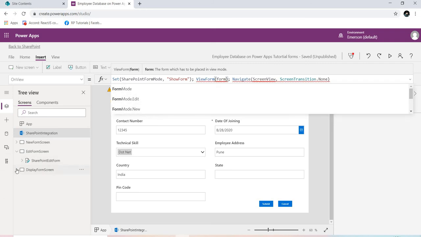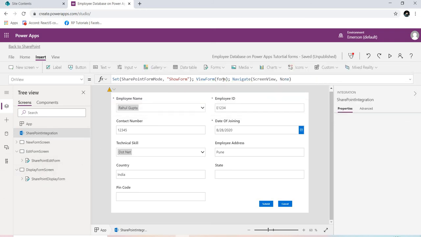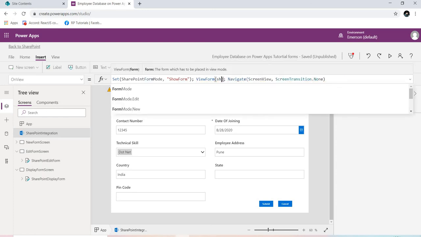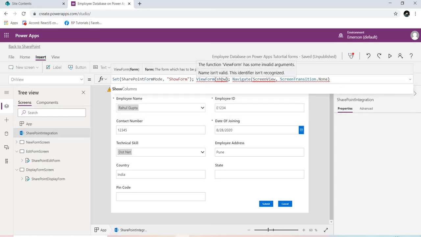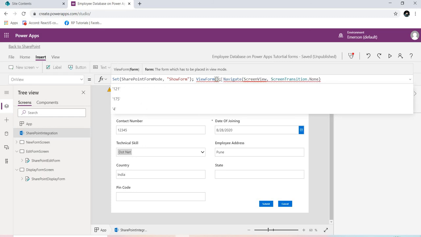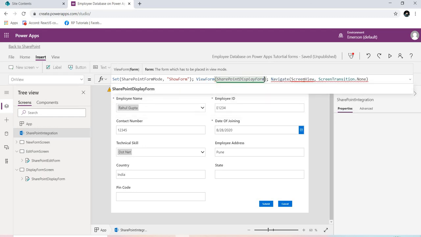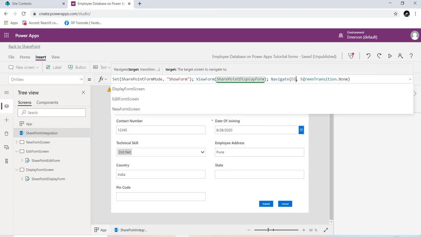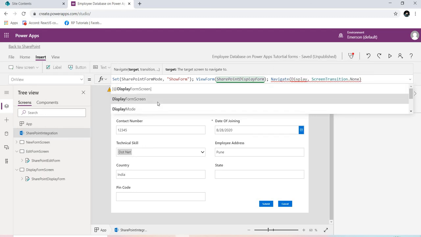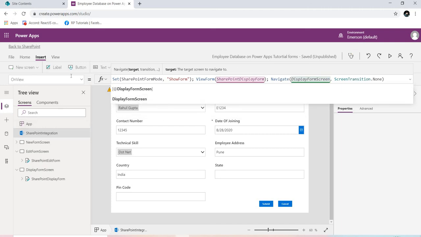Let's check the name. The name is SharePoint display. Now for navigation, our screen name is display form. Again, transition is none.